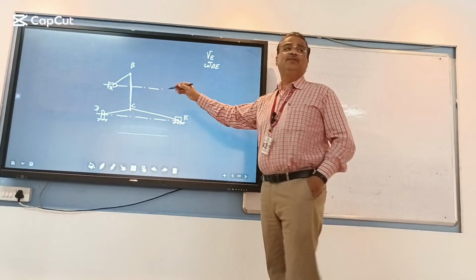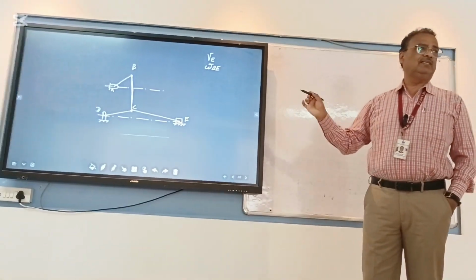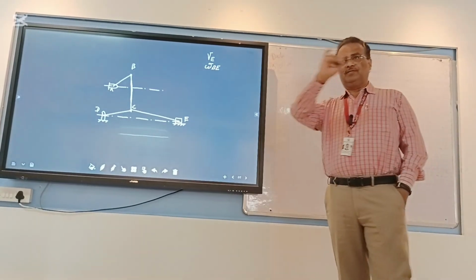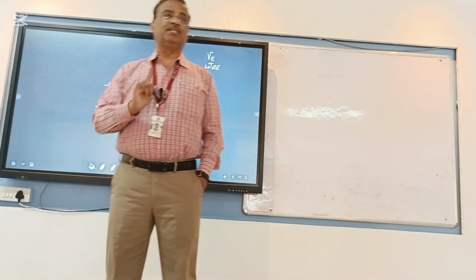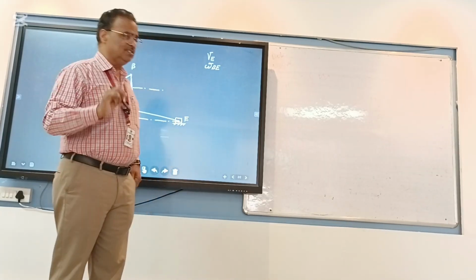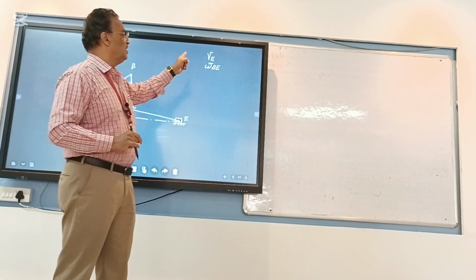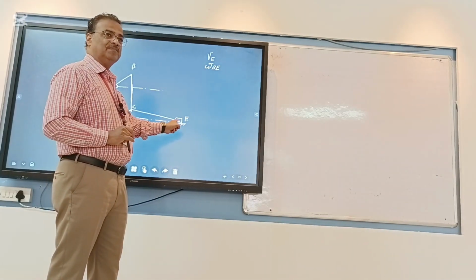You have to redraw the given space diagram with some suitable scale. After redrawing that, first you have to read your numerical. Listen carefully to all steps. Why read the numerical? Now in this numerical, they asked you to find out the velocity of slider E,